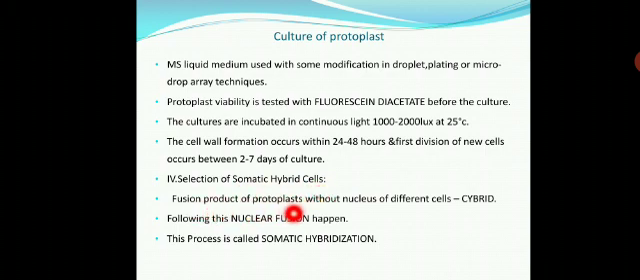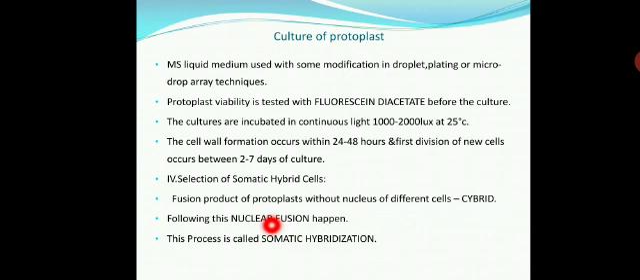Fusion product of protoplasts of different cells, that is called a hybrid. Hybrid means fusion of protoplasts, each with its cell wall removed. Following this, nuclear fusion happens, and that entire process is called somatic hybridization. With the help of isolation of protoplast, fusion of protoplast, and culture of protoplast, we want to obtain somatic hybrid